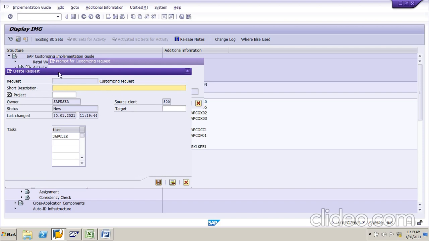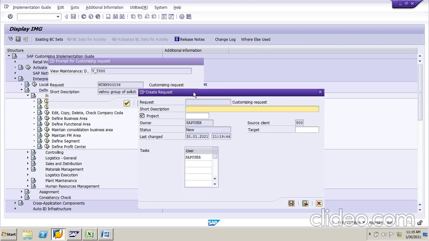It will ask for the short description. Description means for what type of configurations we are doing. This is very important. Companies follow different naming methods. Most companies will follow this method: FICO. We are doing FICO configurations. Suppose different configurations are there: FICO configurations, SD configurations. So we have to give the name based on your configuration. FICO underscore CD